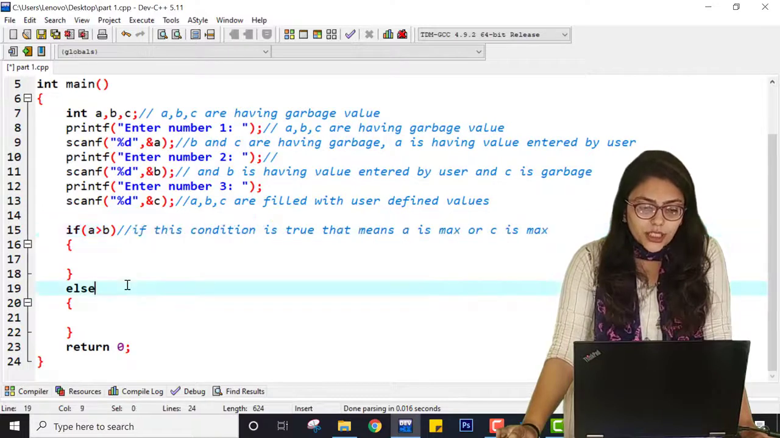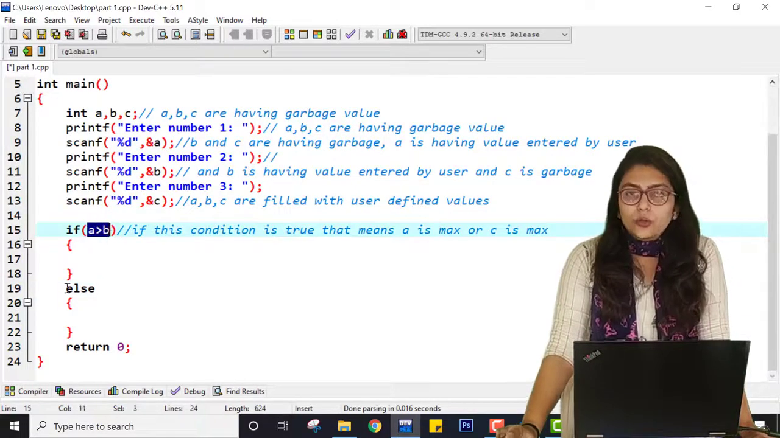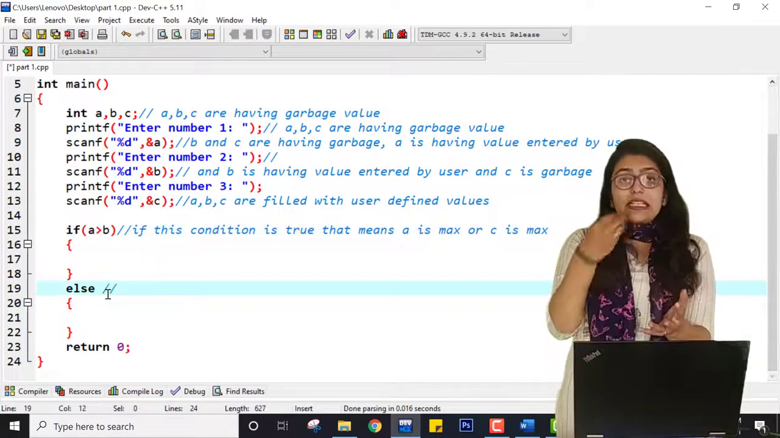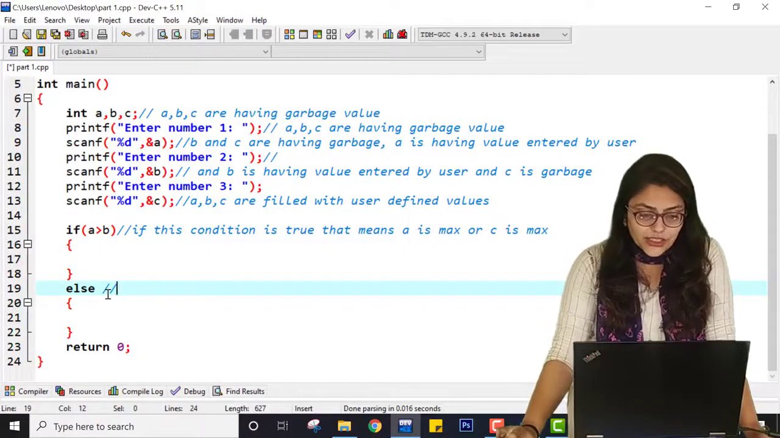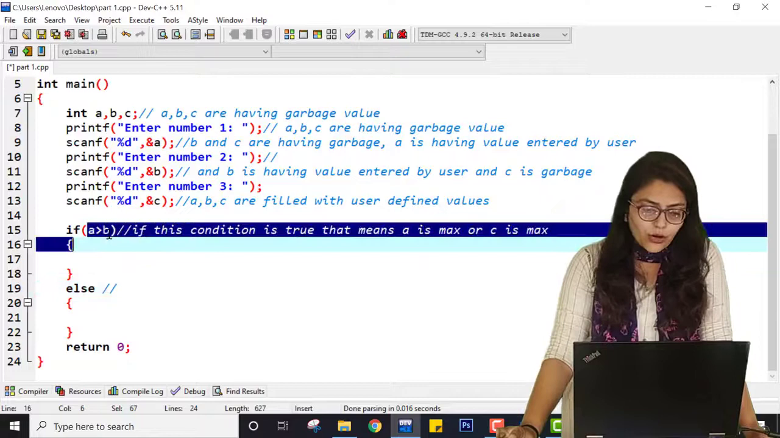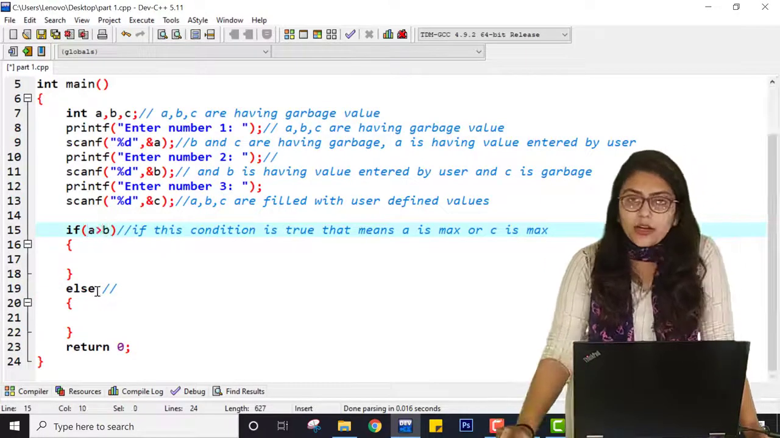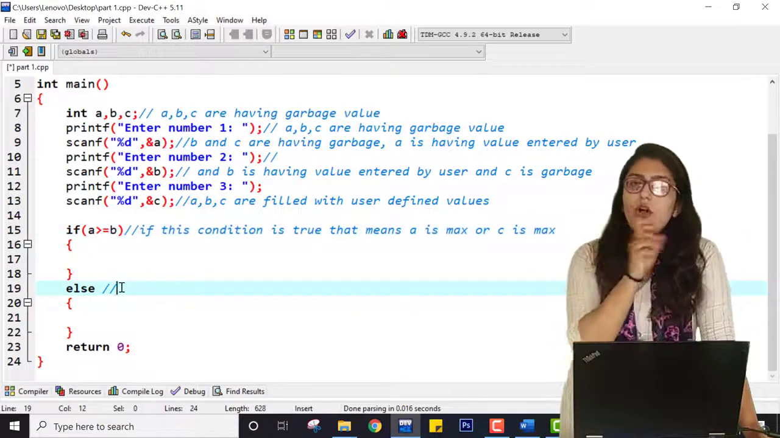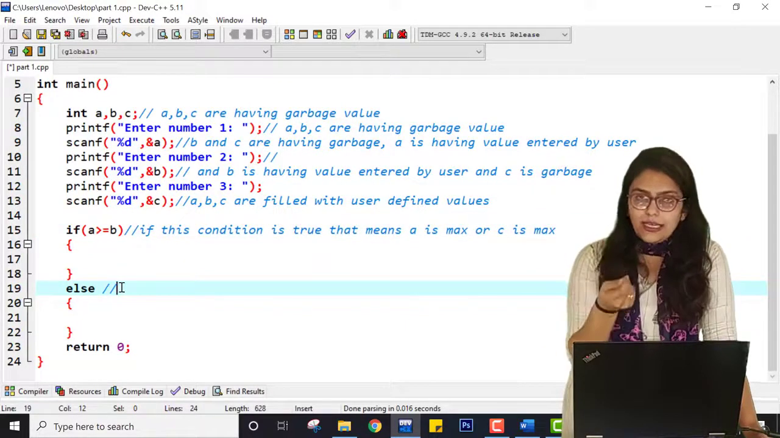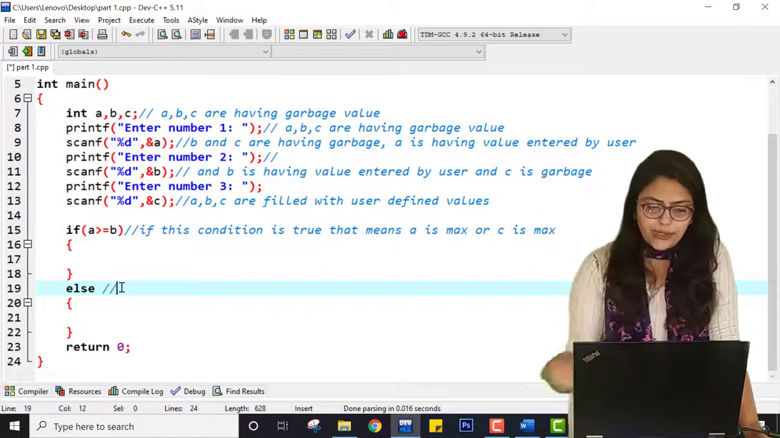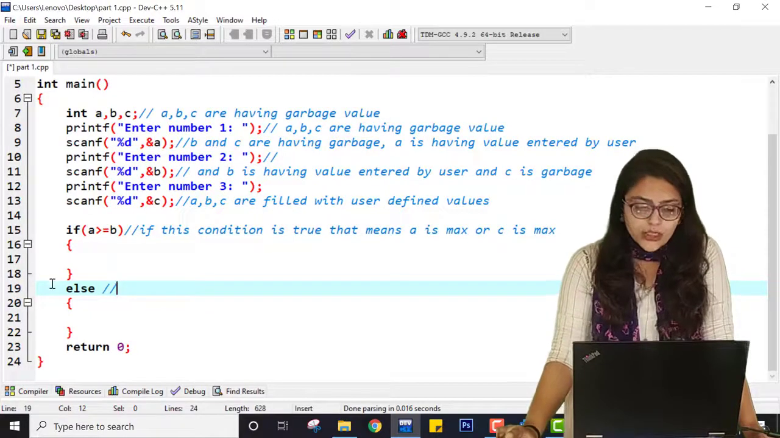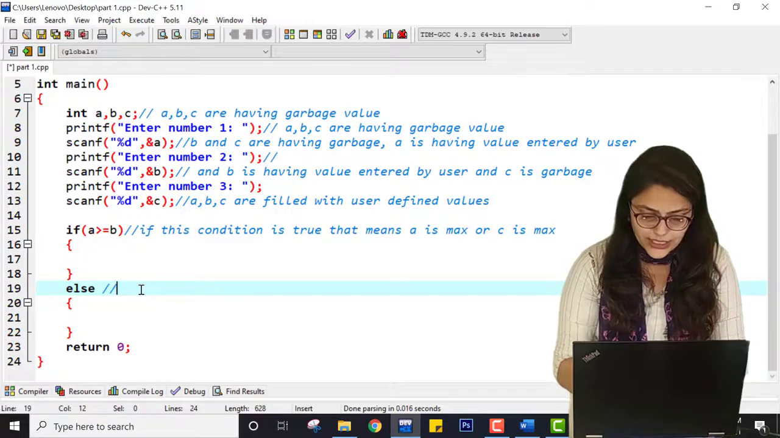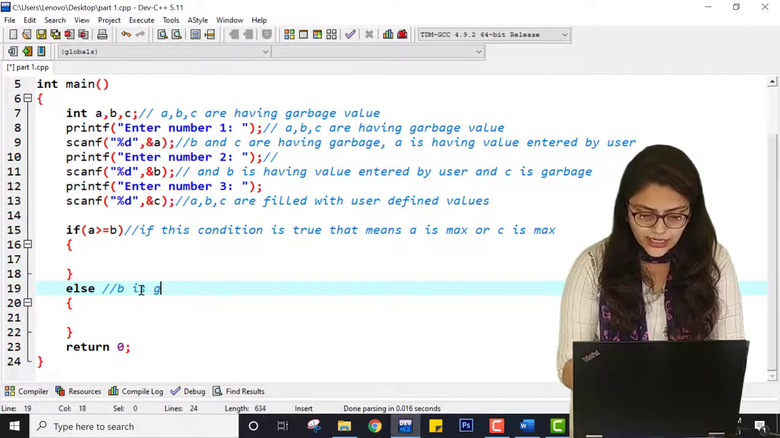And if this condition is false, then the control goes to this else, and that means B is greater than A. If this condition is false, that means, or I can also say, greater than or equal to. So if this goes to else, that means A is not greater than or equal to B. That means B is greater than A. Then only it will come to this else part. So if control comes here, that means B is greater than